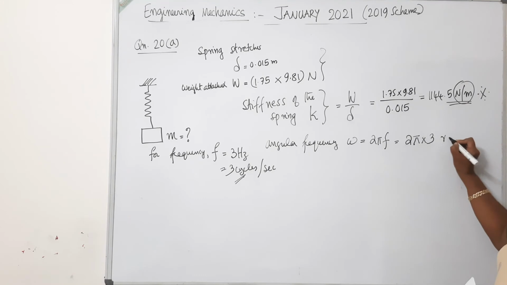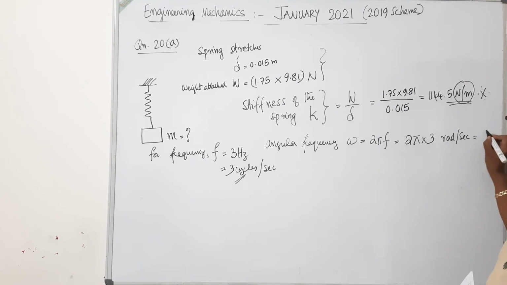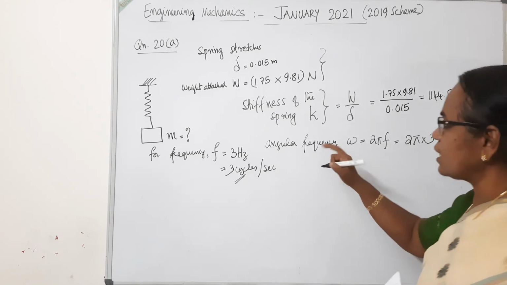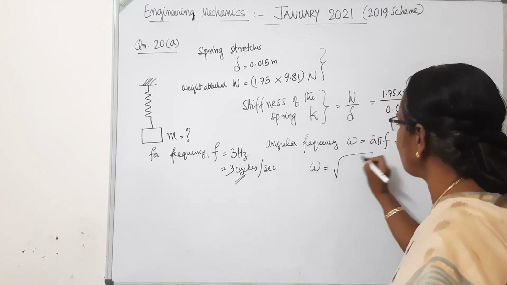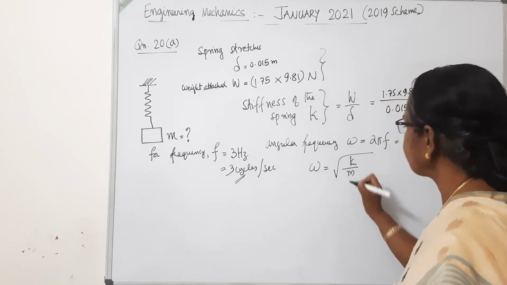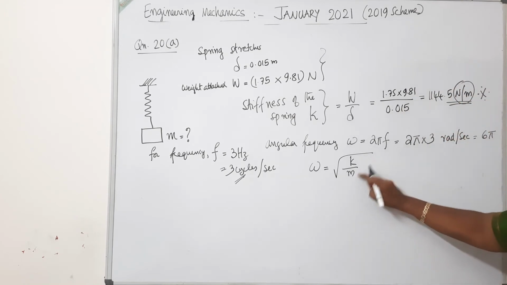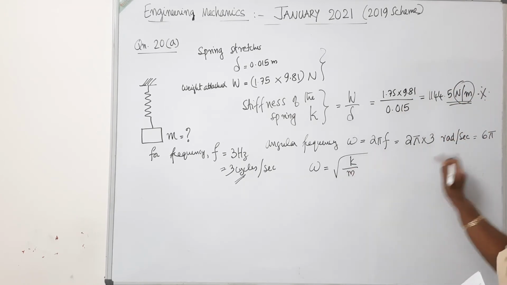So many radian per second. So it is equal to 6 pi, the angular frequency. Now we have the relation connecting the frequency of vibration. We have studied it: omega is equal to root of K by M, where K is the stiffness and M is the mass. So omega is 6 pi